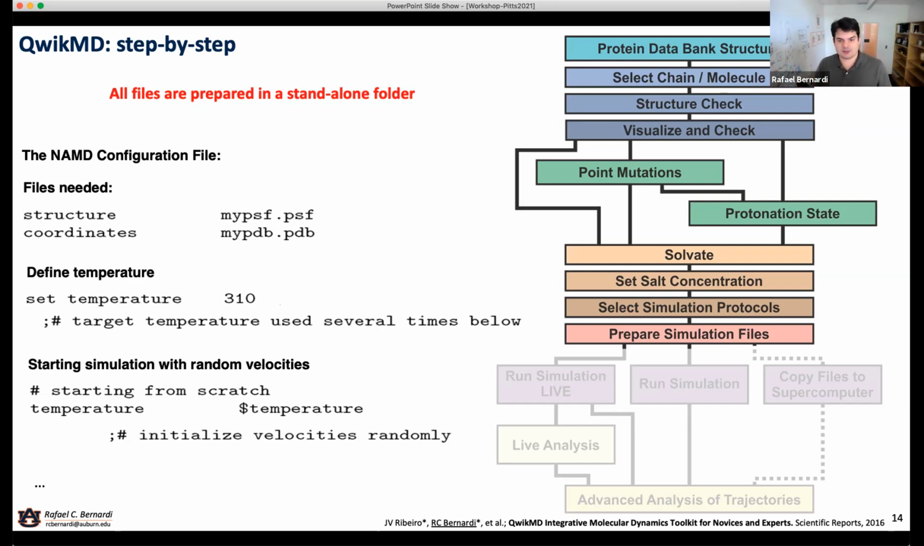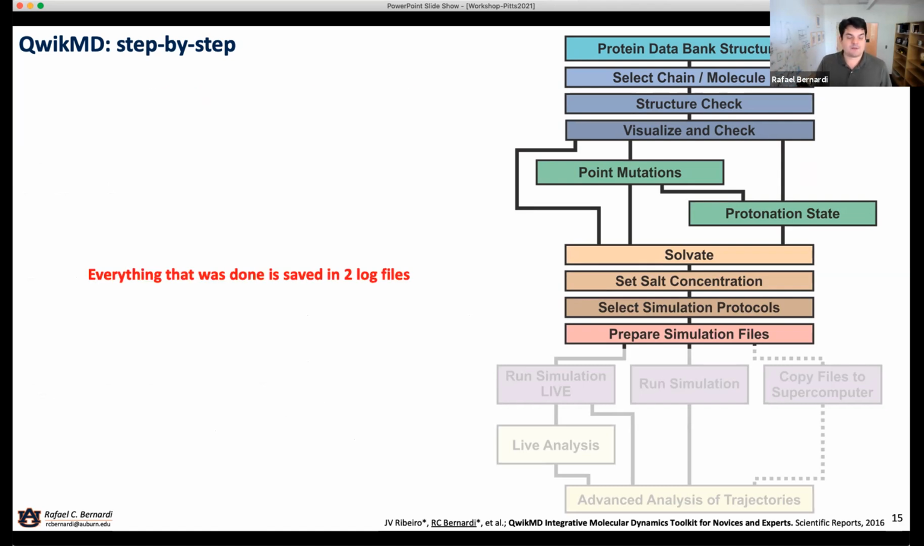So everything is going to be there, and everything is going to be saved in 2 log files. One of them is what we call a human readable version, and that one is basically telling you, you selected this temperature, you selected this ensemble, you used this method, and it gives you the references. You're using SMD, this is the reference for SMD. You're using MDFF, this is the reference for MDFF. It's something that you can almost copy and paste to